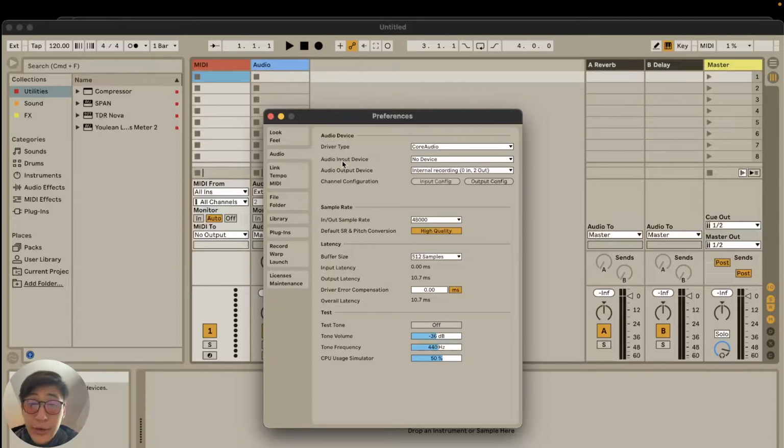So first thing I want to do is go to audio input device. And which one do you want to select? Your device, whatever you're using. And in my case, it's not showing because I don't have it plugged in. Hold on. Plug it in here. Okay, so now I plugged it in, it should show. There we go. ProFX, 2 inputs and 4 outputs. So I select it, and